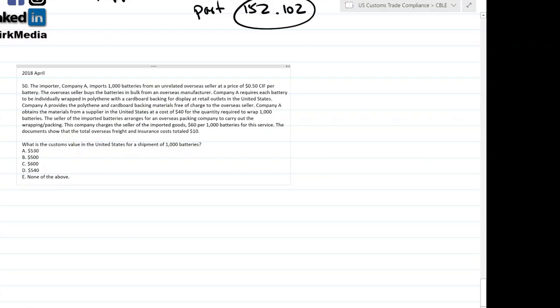Company A requires each battery to be individually wrapped in polythene with a cardboard backing for display at retail outlet in the United States. Company A provides the polythene and cardboard backing material free of charge to the overseas seller. Company A obtains the materials from a supplier in the United States at a cost of $40 for the quantity required to wrap 1,000 batteries. The seller of the imported battery arranges for